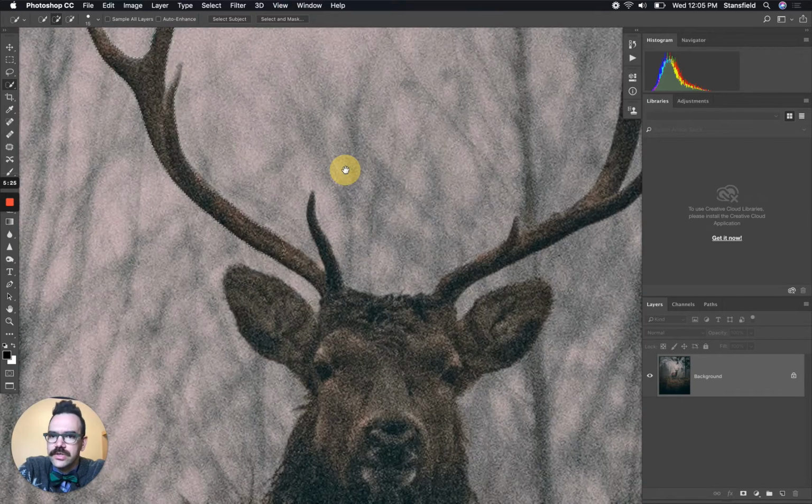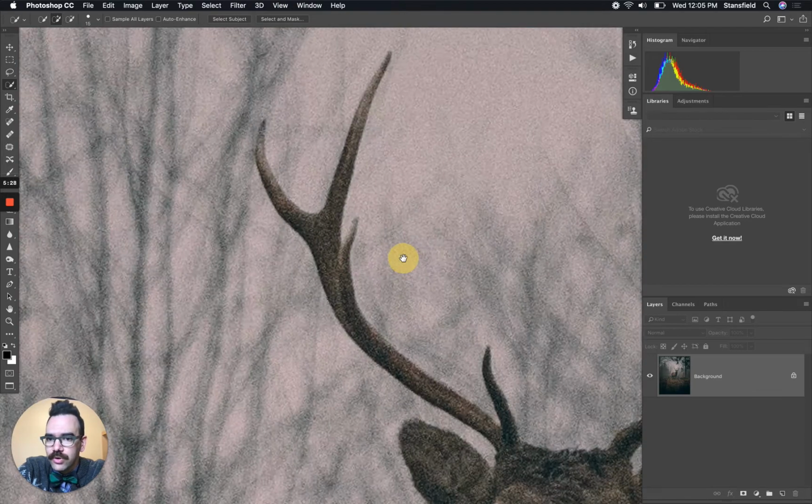Typically you don't want to zoom in more than 100% when you're working on a file, but in this case I want to fine-tune this selection. I want to show you what's happening here. Because I have the new selection selected here, I'm going to have to actually hold the Option key down, and that will pull up the minus. So it jumps to the minus over here, and when I let go of the Option key, it goes back to the new selection. So I hold down the Option key, and I want to subtract from my selection, and